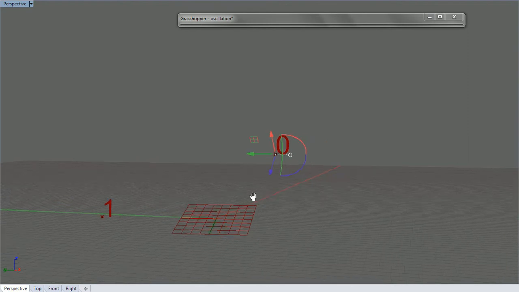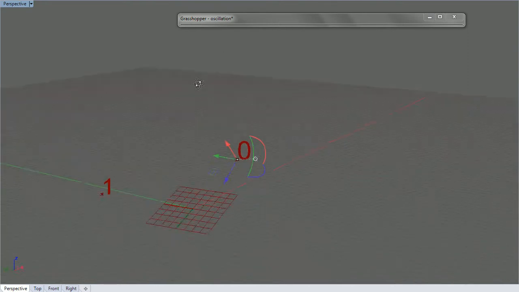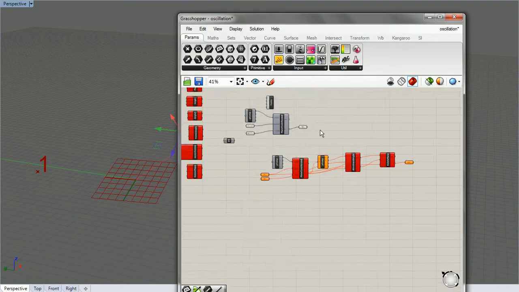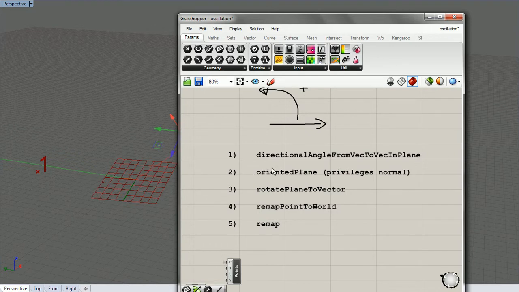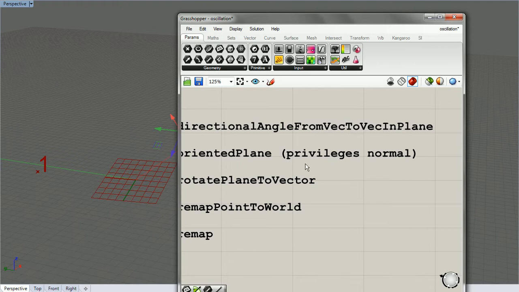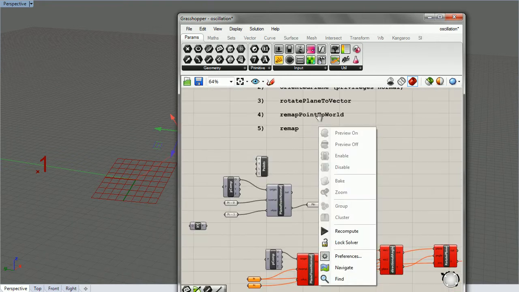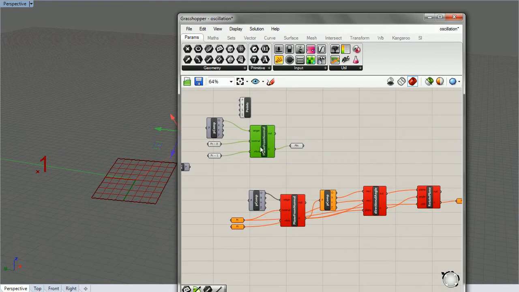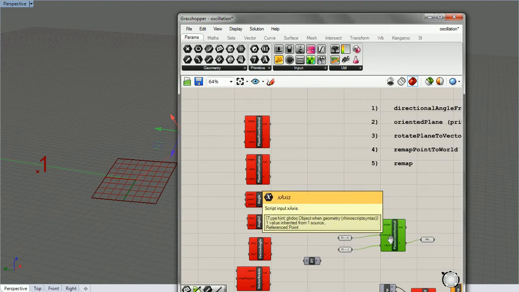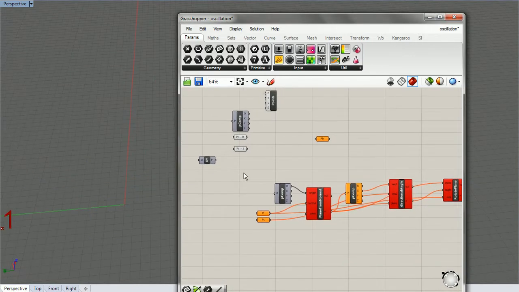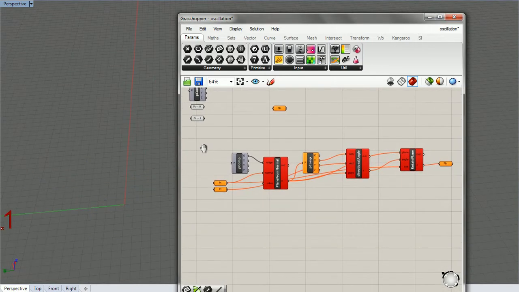So what we want instead is our component, we want an oriented plane that privileges the normal. So in ours, we want the normal to be more important. So let's plane from normal. Just making sure that, I don't know. Okay, so